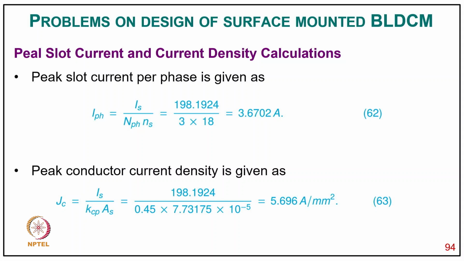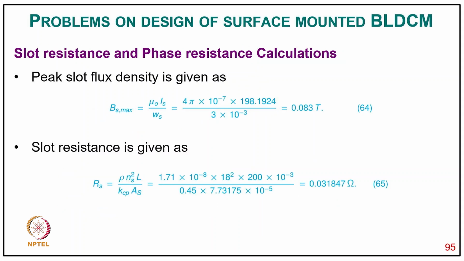3.6702 ampere, and peak conductor current density Js equal to Is upon Kcps As, putting value, it comes like 5.696 ampere per millimeter square, and peak slot flux density Bs max equal to mu0 Is divided by Ws, it comes 0.0833 Tesla, and slot resistance is given as Rs equal to rho Ns square L upon Kcs into S, it comes